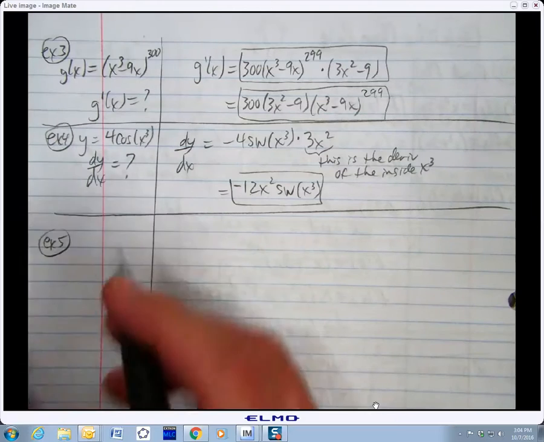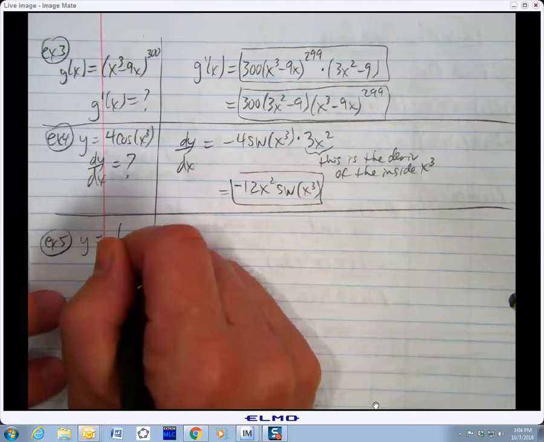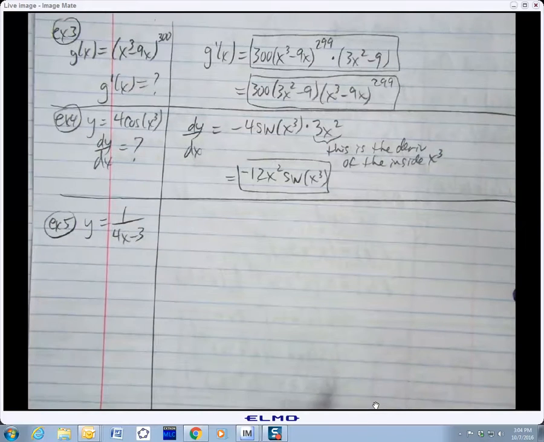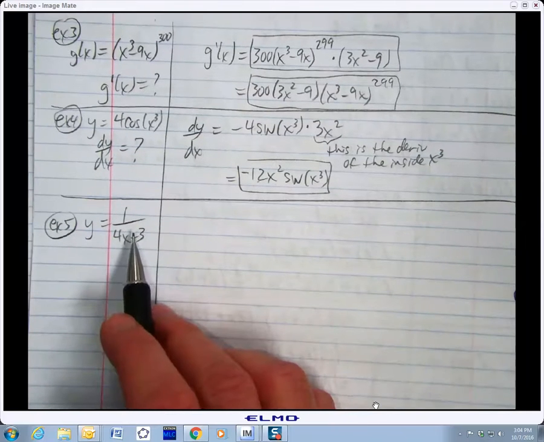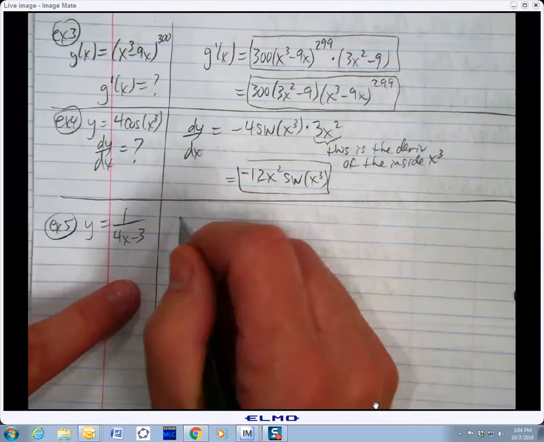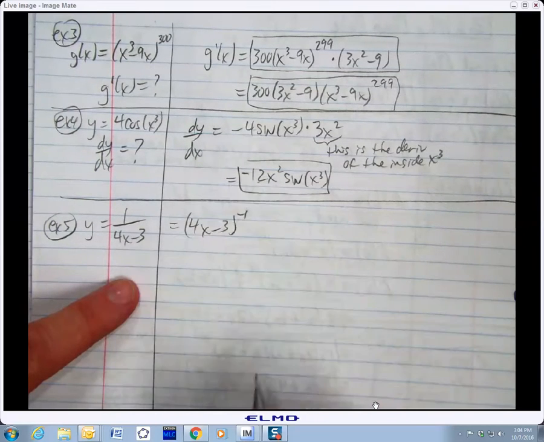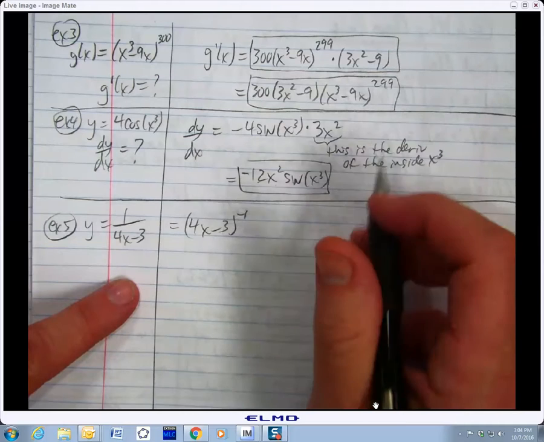All right, this next one, I think we might need a rewrite. So you could do quotient rule, right? We know how to do quotient rule at this point. That wouldn't be too terribly difficult. But we can also rewrite this as 4x minus 3 to the negative 1. And now, when I go take a derivative,